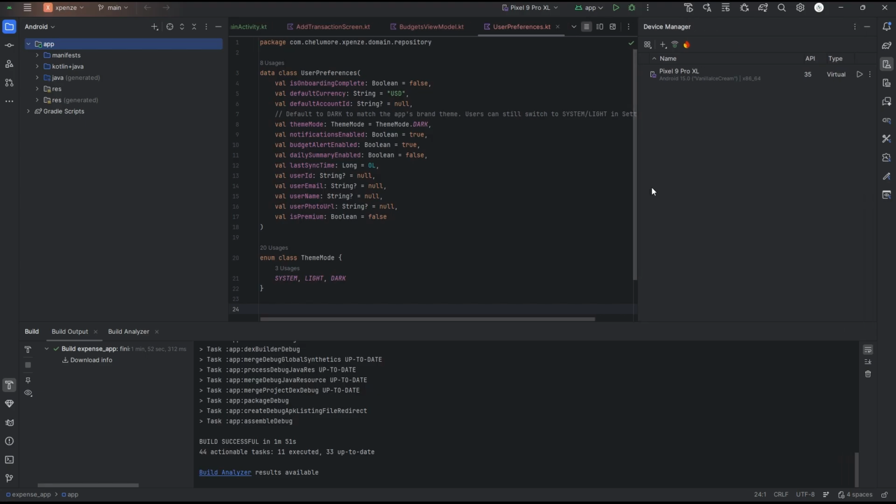But just bear in mind that our app doesn't have an icon. It just has the green Android logo. That's the default logo you get when you create a new application with